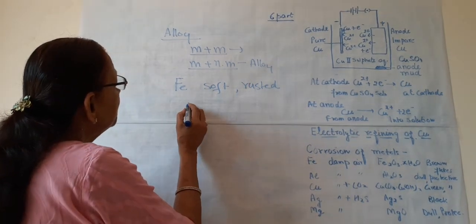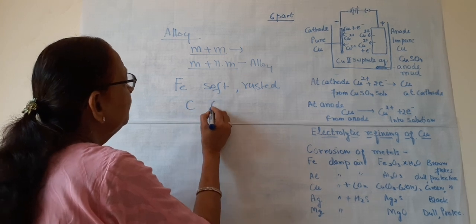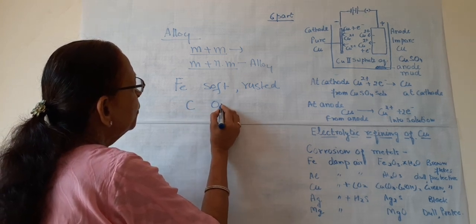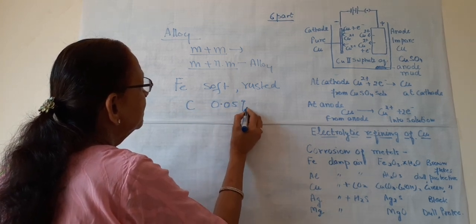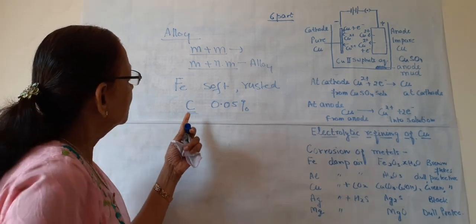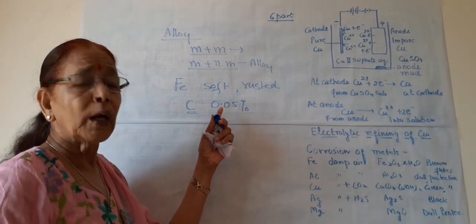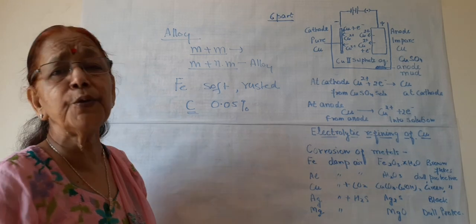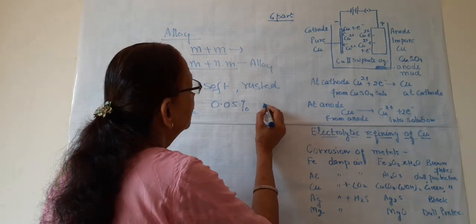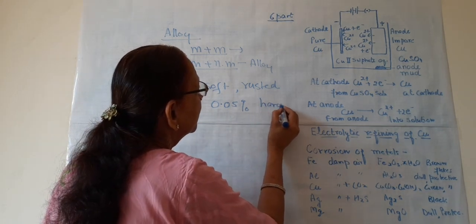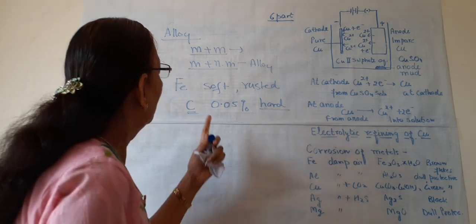If a small amount of carbon, even 0.05%, which is a non-metal, is added to iron, it becomes hard and strong,